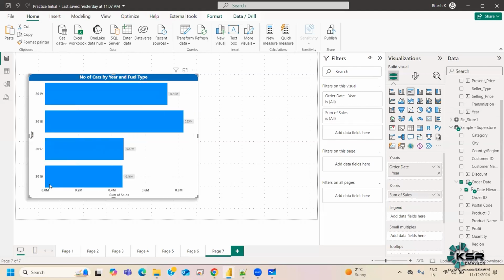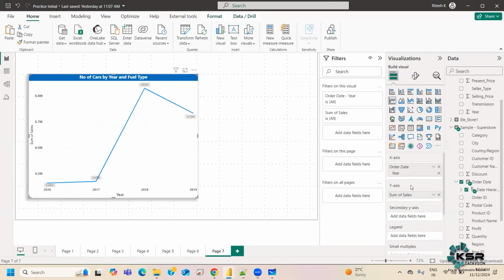Even this was giving us the result. But only when you take a legend, this clustered bar chart or any bar chart is easier to identify. But if I go back to the line chart